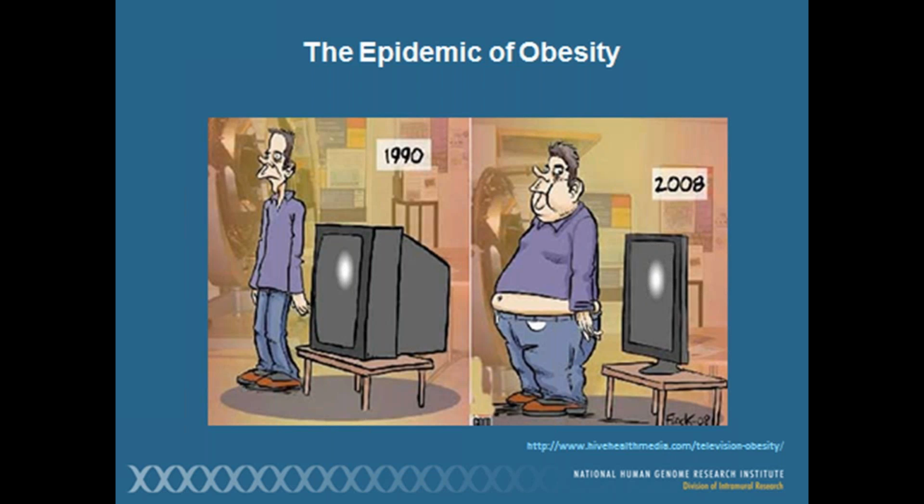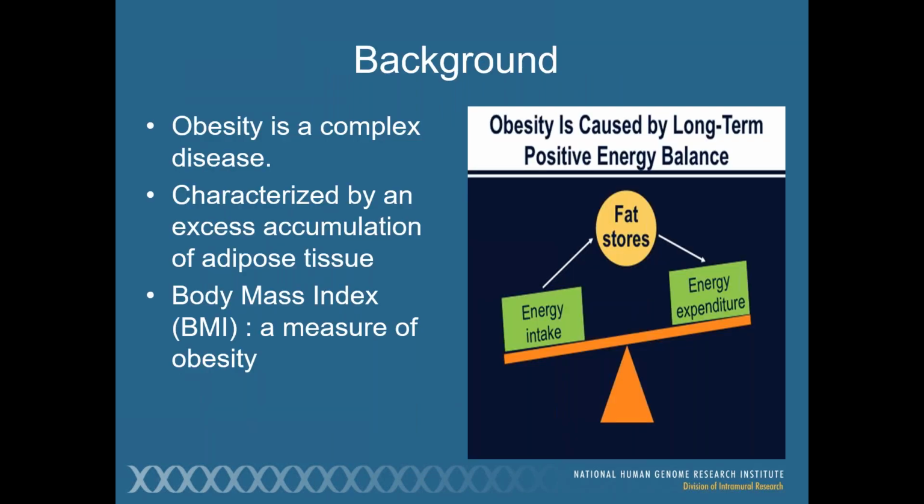And that has a lot of consequences metabolically, and this is basically due to accumulation of fat that is a consequence of positive energy balance. So basically, a lot of people have been eating more than they exercise. So with time, the excess nutrients accumulate into the fat cells. So obesity is actually a really complex trait, which is characterized by